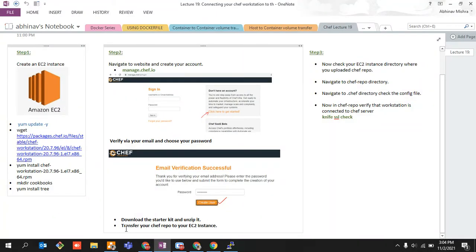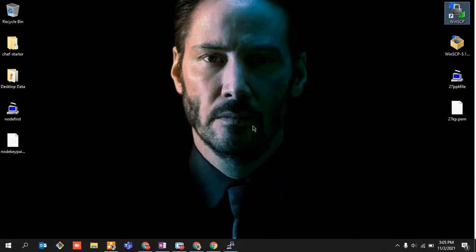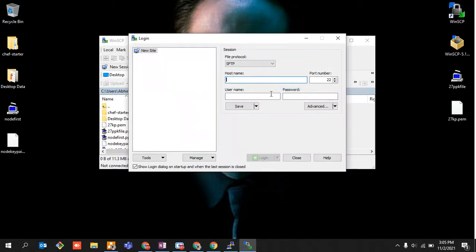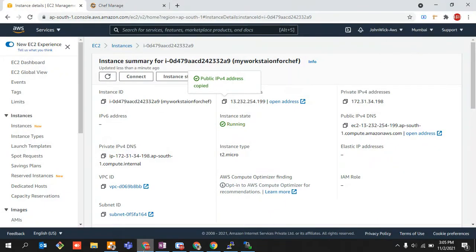And then you need to transfer your chef repo to your EC2 instance. And once you do this, your workstation would get connected to the chef server. So let's quickly do that. Open your WinSCP. It is asking me the host name. In order to enter the host name, you need to click the DNS over here.